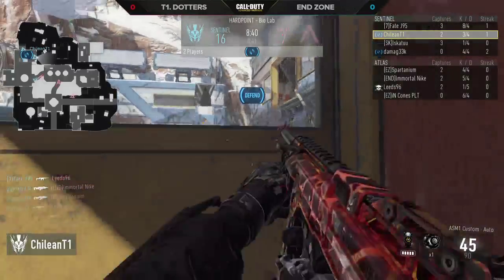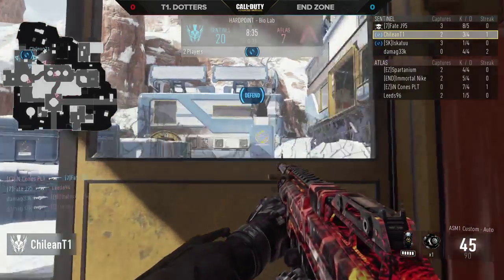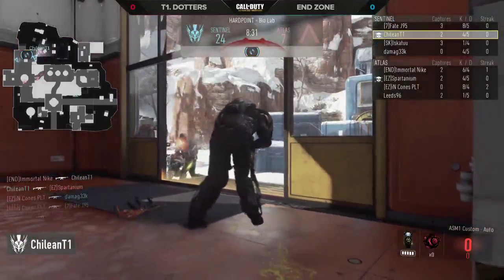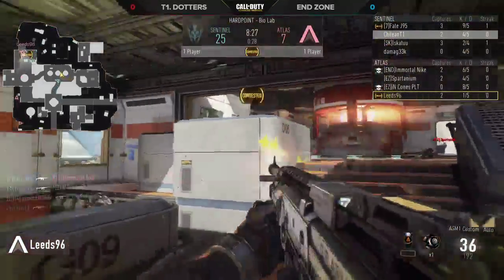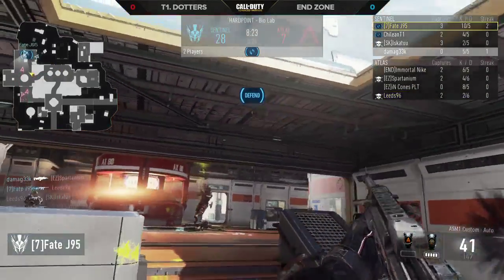Chilean here down low, just looking out into the snow there towards Yellow. Gets the preemptive nade out. Didn't hit anyone with it though. Looking for that player jumping through the window. Great awareness there to take down Spartanium. He wasn't quite good enough to get Fate though. Issei and Fate both cleaning up some kills here for this T1 squad, and they're finally starting to rack up